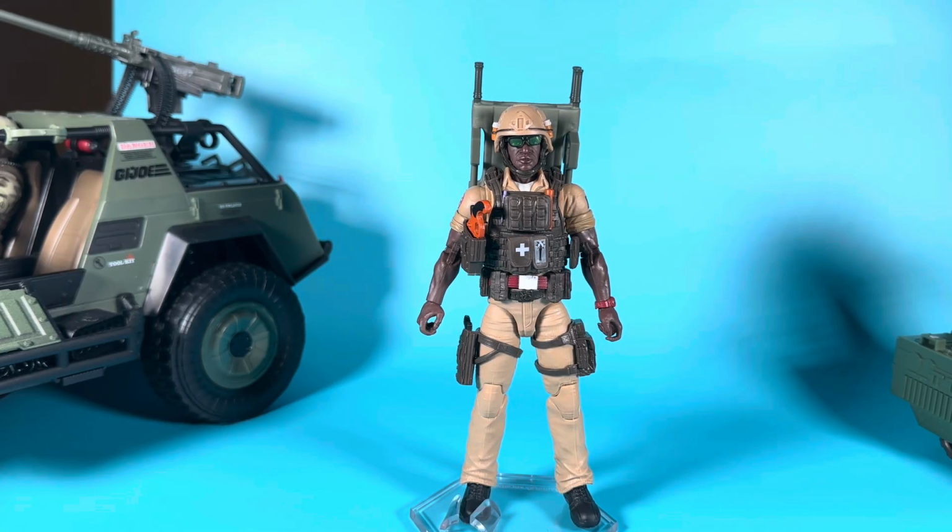Okay, coming in at number 3 might surprise some of you. This is the recent Doc figure. I thought that they really did a great job with this figure. The color of his base outfit, the texturing of it, combined with the overlay, contrasting darker colors, the switchable glasses, the helmet with the pills in there, the switchable first aid kit and pouches, the flare gun, I mean, the stretcher that he can carry, and it can fold out, and it can be laid on the ground, and figures